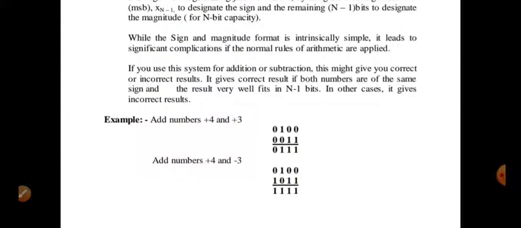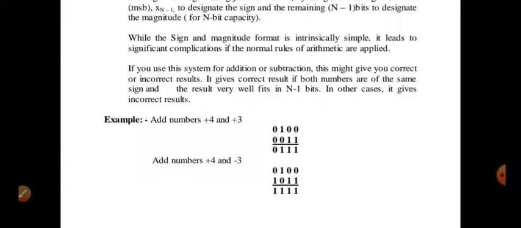Here I am adding two numbers, plus 4 and plus 3. When I convert plus 4, that means plus sign, here it is a signed integer. So if plus is written, that means 0 is reserved for it. So 0 is the sign over here, and what is the denotation for 4? 100. 100 is the denotation for number 4. And plus 3, that means 0 is for plus sign, and since the upper number is of 3 bits, we have to make it also 3 bits, 0, 1, 1.